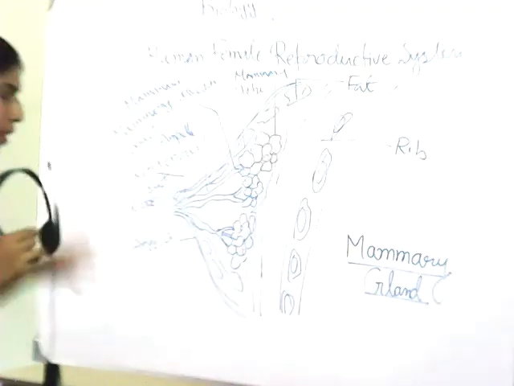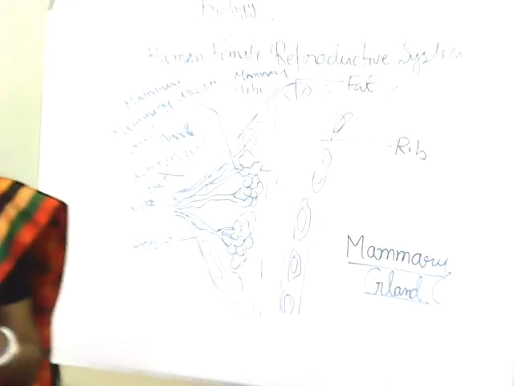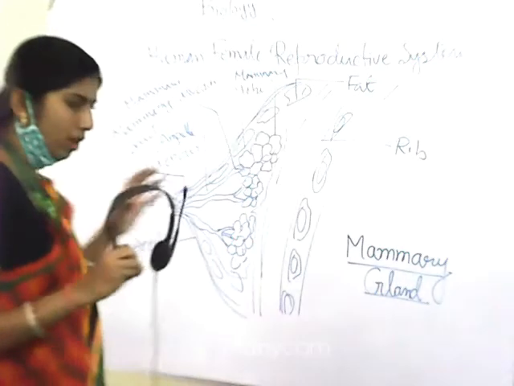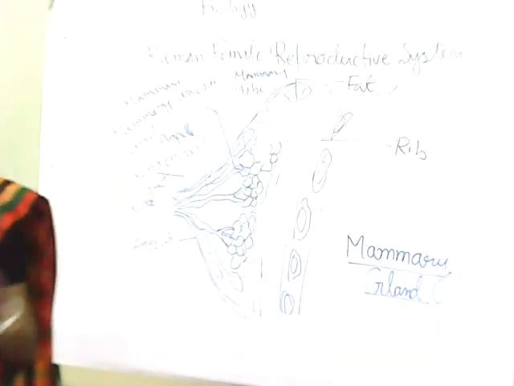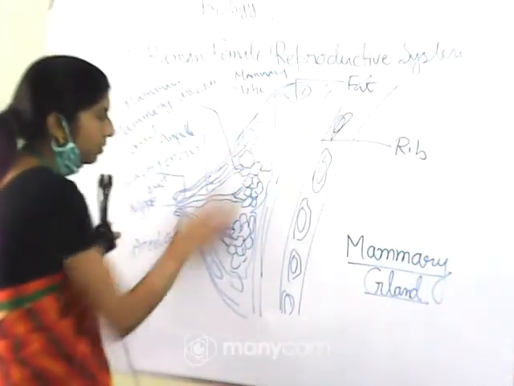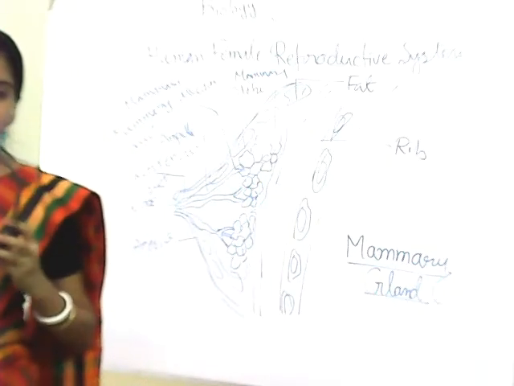A functional mammary gland is found in mammalian females. A functional mammary gland is a characteristic of all mammal females, right? Now the mammary glands are paired structures which are generally considered as breasts, and they contain some glandular tissue and a huge amount of fat. So you can see I have drawn the fats between these parts. Inside the mammary gland we get a huge amount of fat.